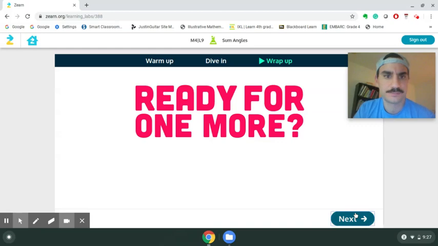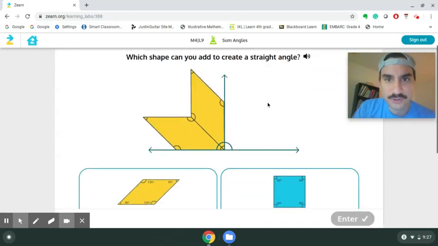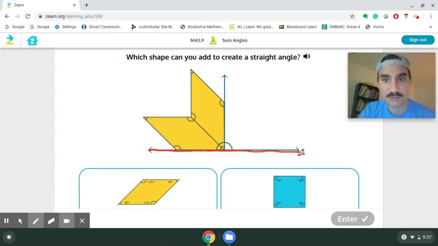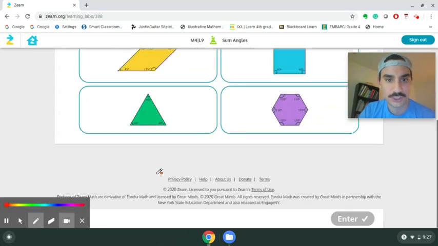Let's handle it. All right, what shape can you add to create a straight angle? So I want to create a straight angle. Now you might have a different problem. I think these are mixed up here. But if we want to create a straight angle, should I plug